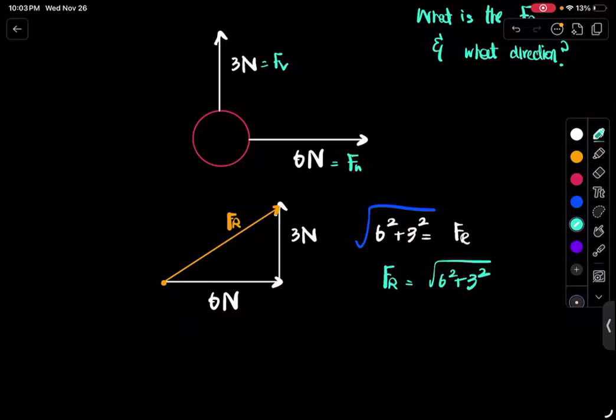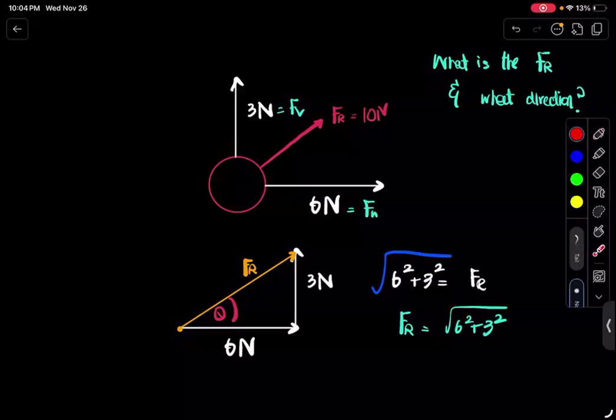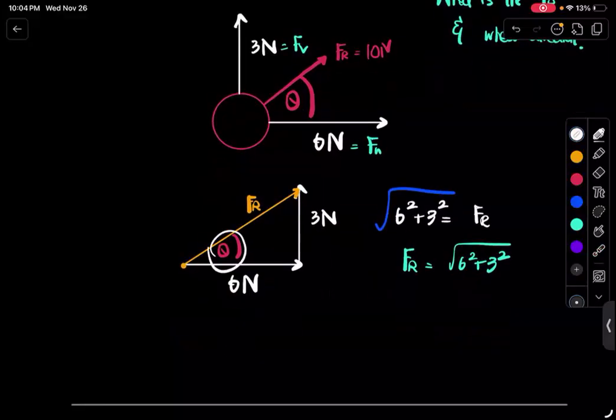Now, another question. How do I find out the direction in which the ball is going to go, right? Because there are two people pulling on it. I do know that the ball is going to go in this direction with the force of whatever this value came out to. I don't know, let's say 10. So the ball is going to move with the resultant force of 10 in this direction. But exactly which direction? You have to figure out this theta, right? You've got to figure out exactly which direction the ball is going to go. Can you find out this theta?